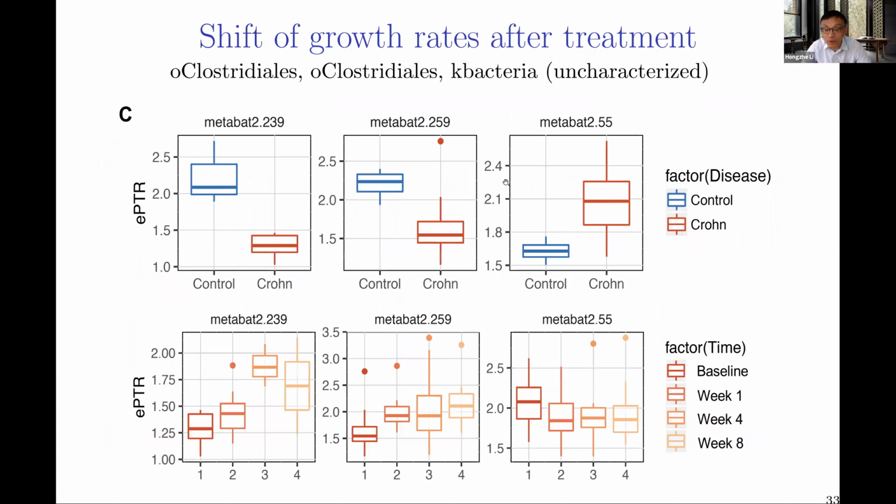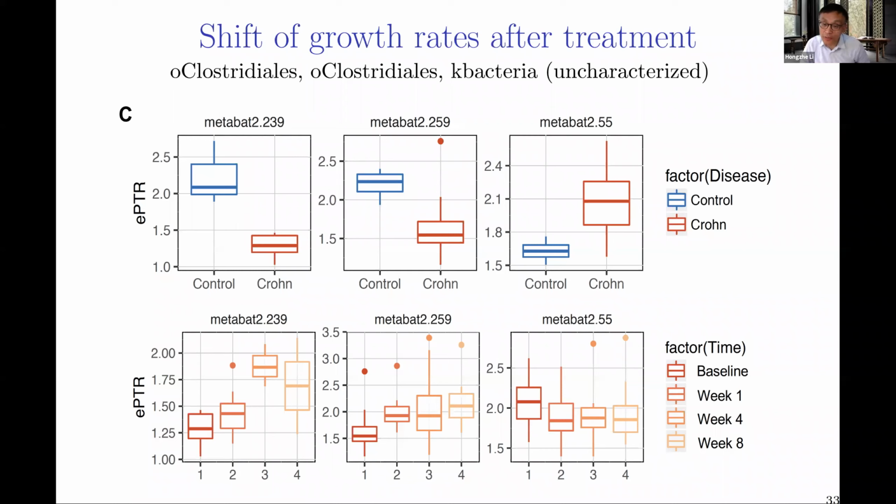You can see the differences are quite big. For example, here I give you 3 examples, and here are their annotations. You can see very different estimated peak-to-trough ratios between the healthy individuals and Crohn's disease patients. What is also interesting for those 3 species is that after treatment, and I didn't even separate the treatment into diet or anti-TNF treatment, you can see the growth rate started to go up. Eventually, after 8 weeks of treatment, they're getting closer to the normal individuals. See here, this one, the patients had a low growth rate, and after treatment it goes up. This one actually had a higher growth rate, but after treatment it started to go down. So it seems like the treatment is doing something to the growth of some of the bacteria